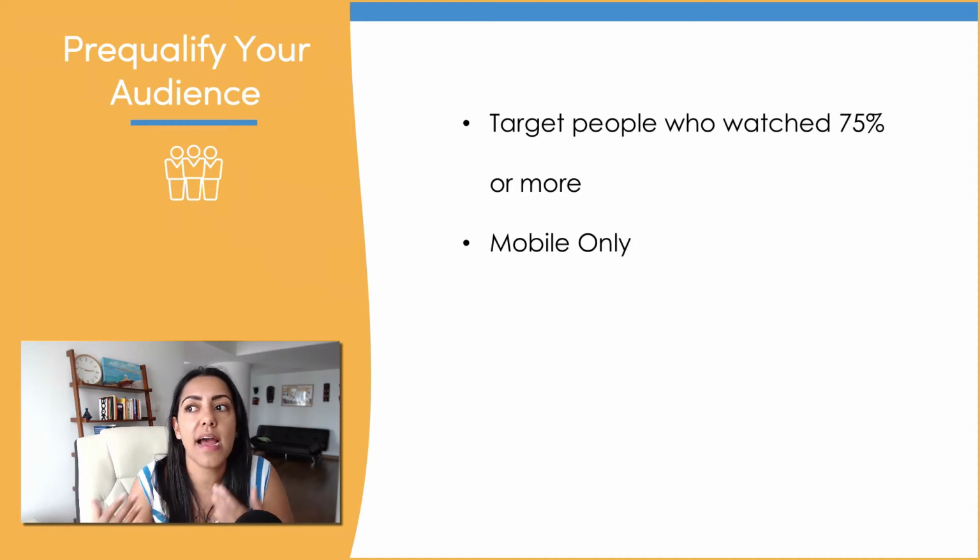And since you are testing out this strategy, you want to make sure that you're targeting the cheapest traffic available. Think about it, there's 2 billion people on Facebook, but 1.8 billion access it on their mobile phone. So when you're trying to target people just on desktop, it's just going to be more expensive. So start off by doing your retargeting campaign with people who watch 75% or more of the video, use mobile,